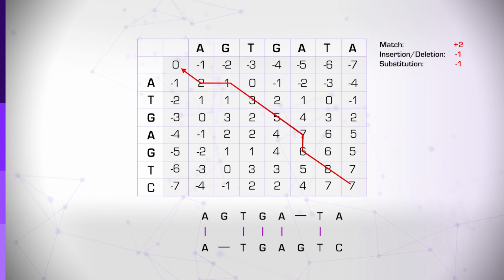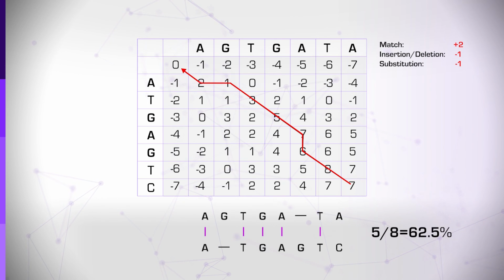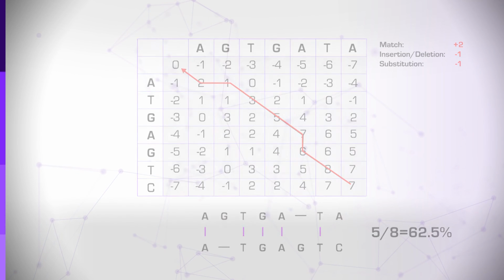Now we can go over the alignment and mark the identical nucleotides. Since the length of the alignment including the gaps is 8 characters, and we found 5 identical nucleotides, we can say that the sequences are 5 divided by 8, meaning 62.5% identical. This is a basic pairwise sequence alignment algorithm. In practice, we use several extensions of the basic algorithm, which we will discuss in the next segment. I realize that this presentation was a bit detailed, so thank you for bearing with me.